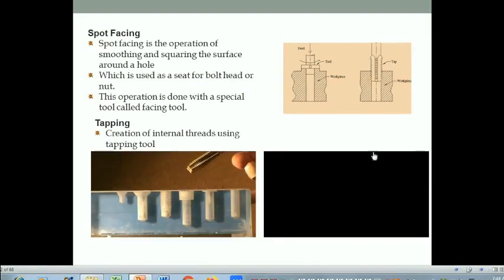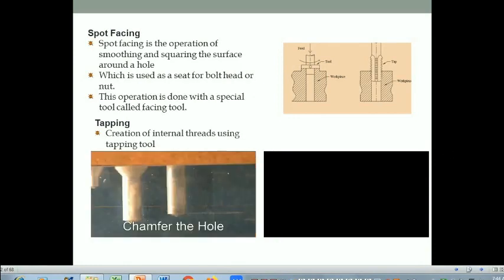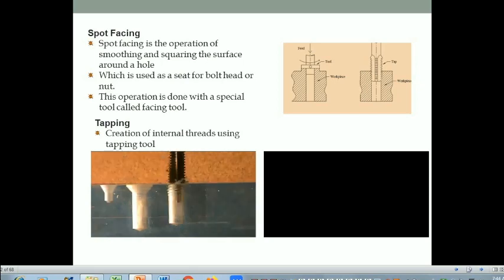There's our tap. We're going to put threads on the inside of a hole with that. First thing you want to do, after you have your hole, is to chamfer it. Threads just work a lot better if the hole is chamfered. Then we're going to tap it. Now I started this one in the milling machine. If you're using a drill press, you don't really want to do this, but you want to make sure that you get the thread started straight.